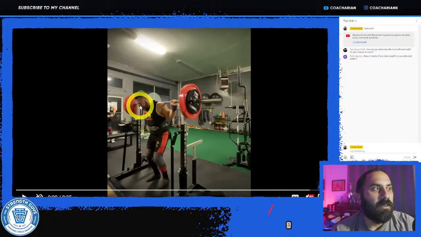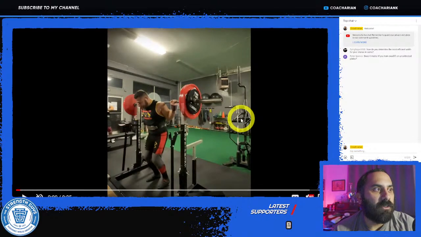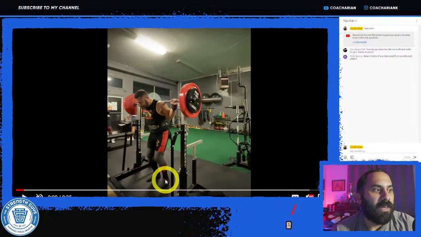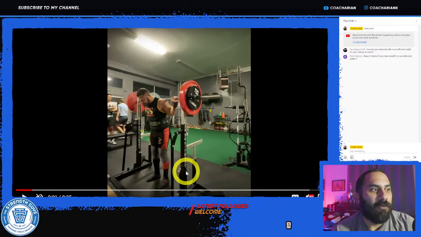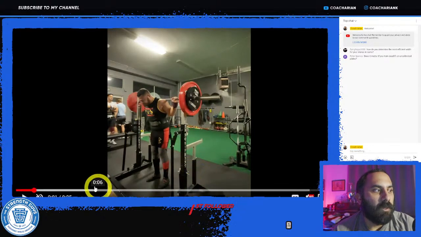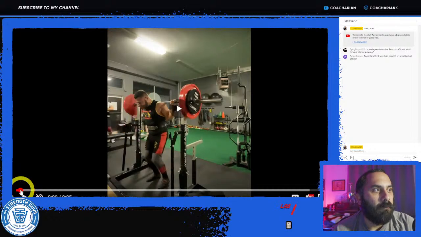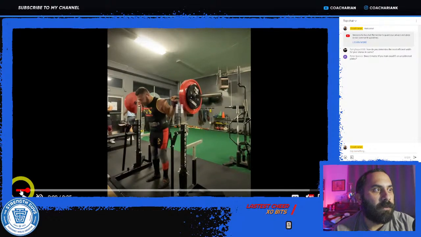The other thing is he kind of goes up and out at the same time. So here, as we start to play it, he's got his feet back a little bit behind him, and then he goes up and out to clear the hook. So I would try and break that down into separate steps.